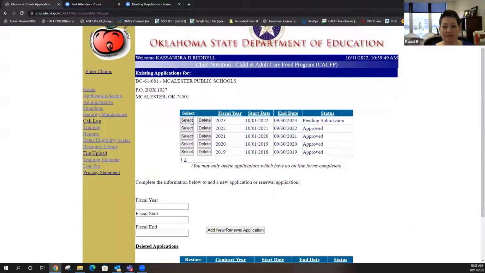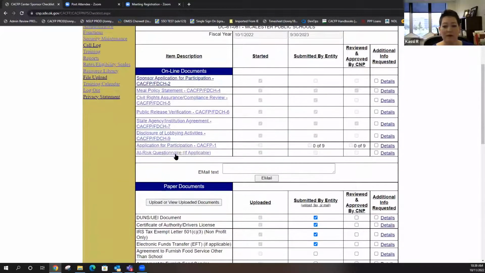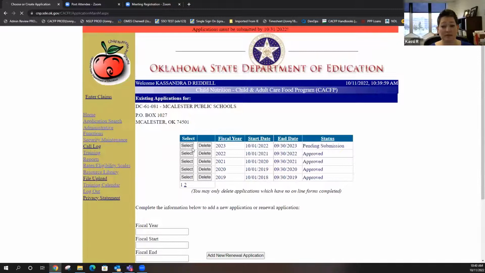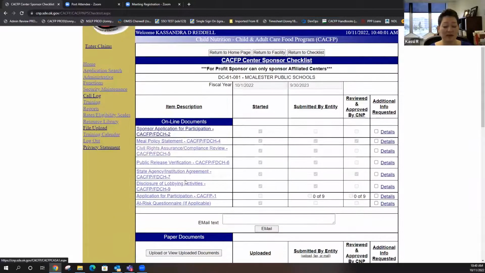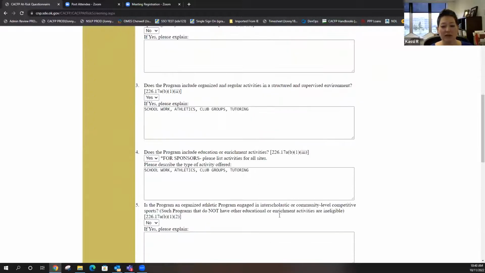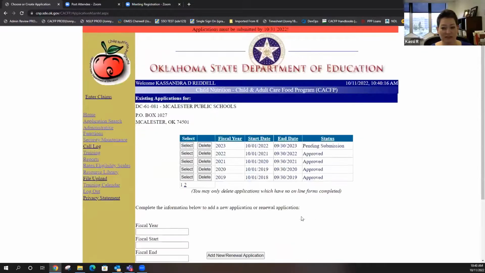Okay, I fixed it. Okay, so what I wanted to get to was to show you this at-risk questionnaire. So for those of you that are at risk in here, this is only going to show up. And we do have a bug on the schools, and it's super frustrating, and it's supposed to be fixed Thursday, Friday morning. It'll be pushed out Thursday night. So if you go down here and you click on return to checklist, it takes you back to this.